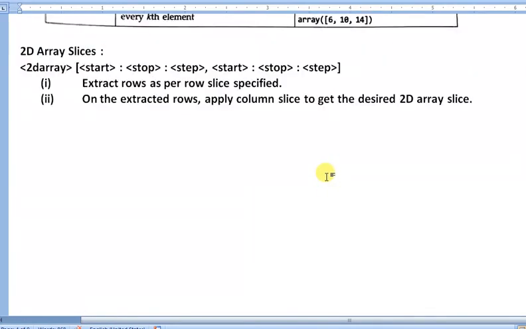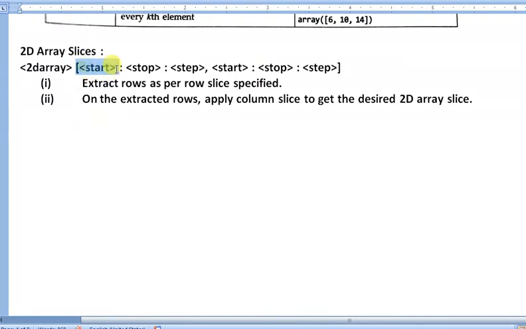The second topic is 2D array slices. If you want to extract from a two-dimension array, this is the syntax. Look here, the start, stop and step, because it is a two-dimension array.